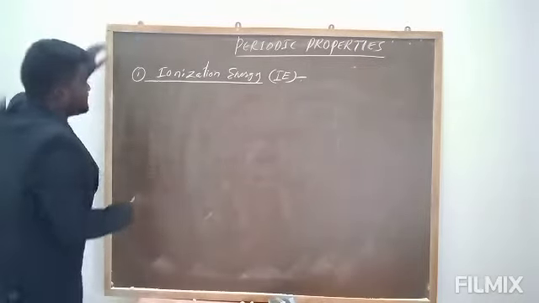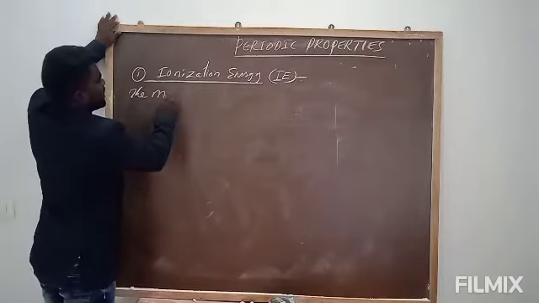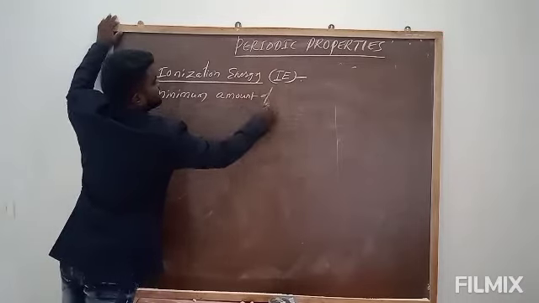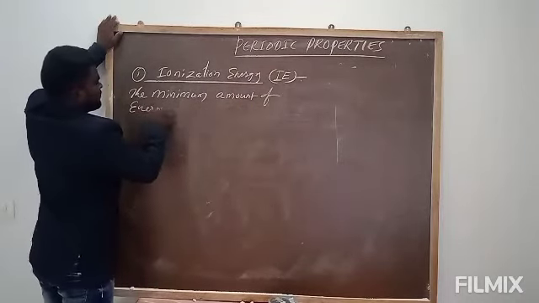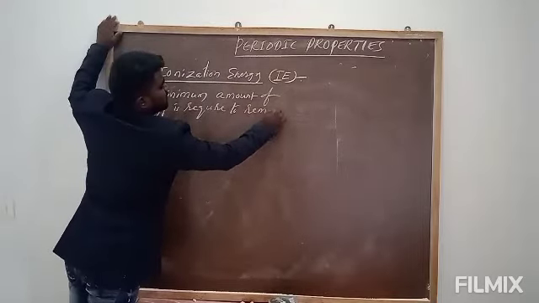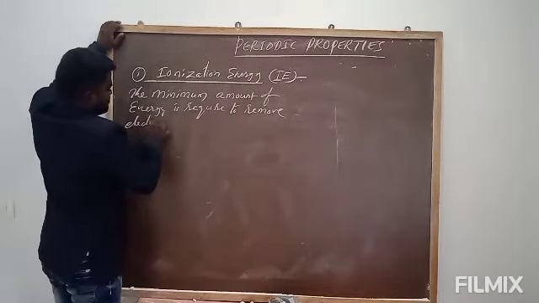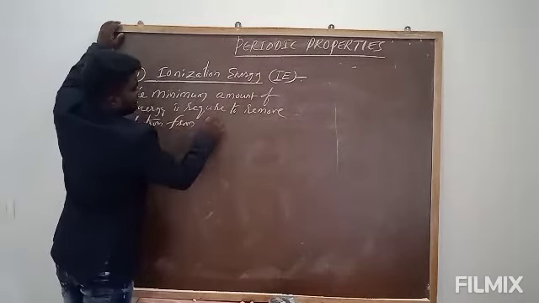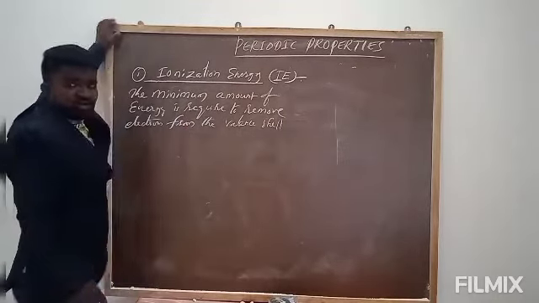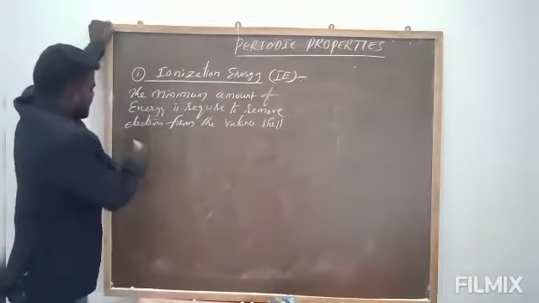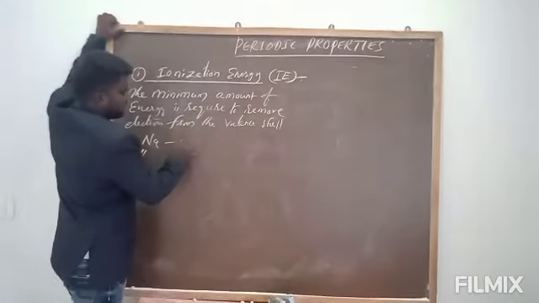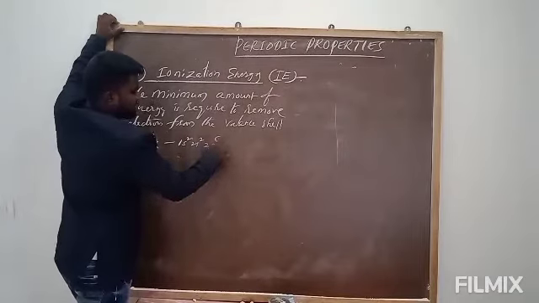So what is the definition of ionization energy? The minimum amount of energy required to remove an electron from the valence shell is called ionization energy. Now, for example, if we take sodium, atomic number 11, electronic configuration 1s2, 2s2, 2p6,